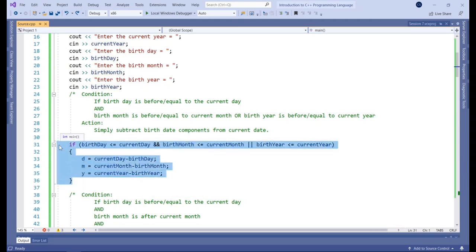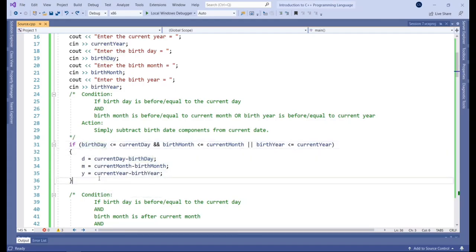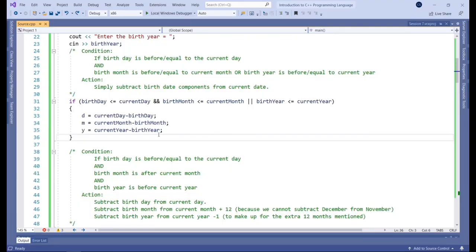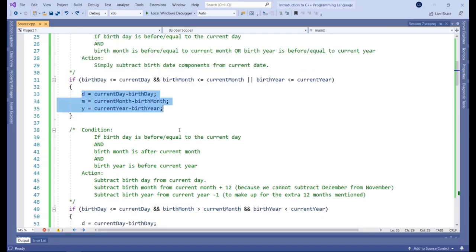But if it was only just that, we wouldn't have the rest of the program. And as you can imagine, the calculation itself can become a bit more complex with other scenarios. So let's go and cover those. But overall, the main thing I want you to bear in mind is that all these different scenarios will revolve around these three calculations, right? We're calculating the difference in day, the difference in month, and the difference in year. There are going to be a few variables here and there. Don't let them confuse you. At the end of the day, this is all that we're doing. We're just accounting for different scenarios.